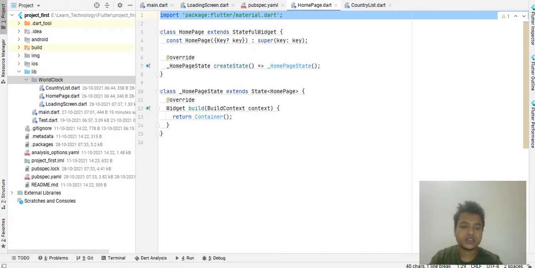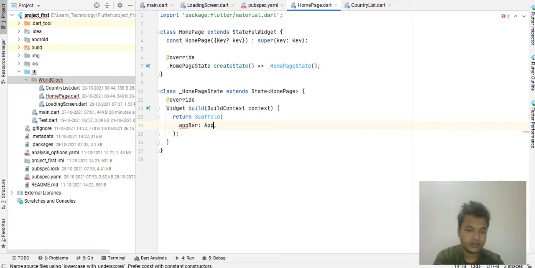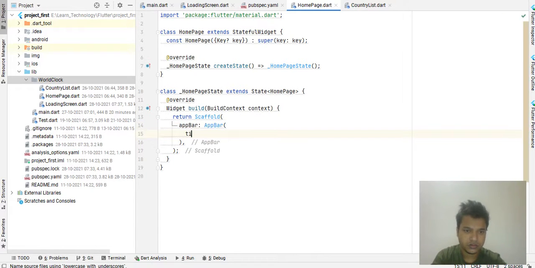Here is a container, so move it and let's write the basic code. I'm using a scaffold here. The scaffold needs an app bar, with an app bar, so we got a body.